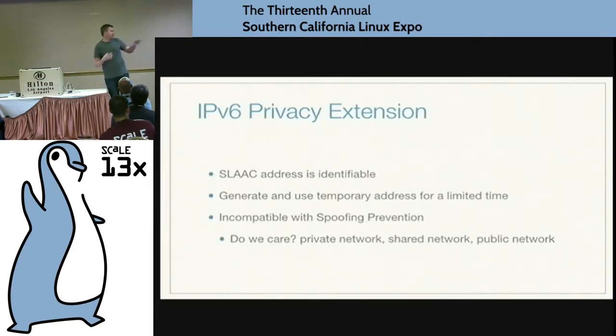And so this is where we get into the question of whether we care if spoofing is turned on or not. Maybe if it's a private network segment, I don't really care. If a tenant wants to have their instance talk whatever address, as long as it's within their prefix range, I don't care. So a lot of times what you'll see in clouds is they'll turn off spoofing prevention on private networks. And some of the more paranoid admins and DevOps people will go back and turn this back on, but the faults you'll find.